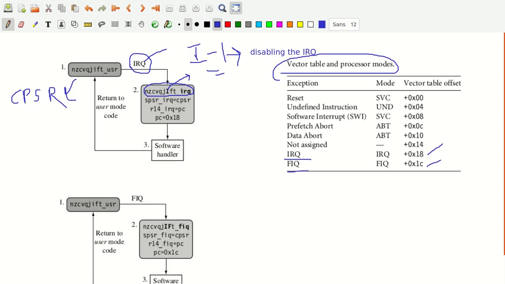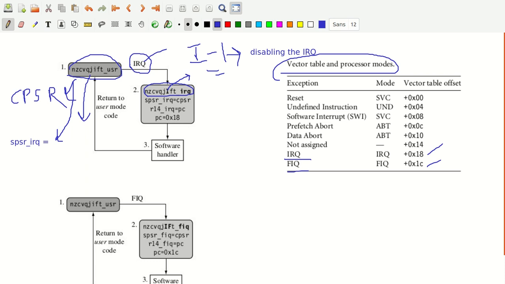It will be saved in SPSR_IRQ. If I write it this way, SPSR_IRQ equals the CPSR, that is, this value. It is IRQ because it signifies IRQ mode.